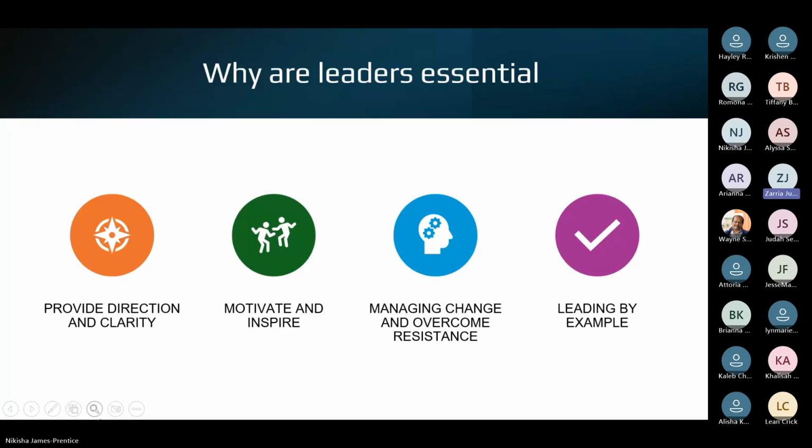In this ever-changing environment, leaders are helping organizations to adapt and transform. They often adapt to trends, guide transitions, and reduce resistance to change. Without good and effective leadership, change can feel chaotic and threatening. Lastly, leading by example. Leaders are essential because they set the example for others to follow. By demonstrating integrity, hard work, and respect, they can inspire their team to build trust and shape a creative but positive culture. The saying, actions speak louder than words, is basically a leader leading by example.